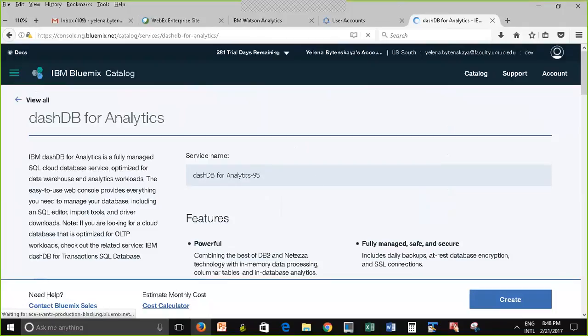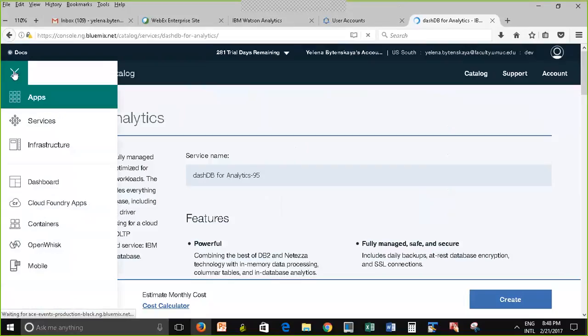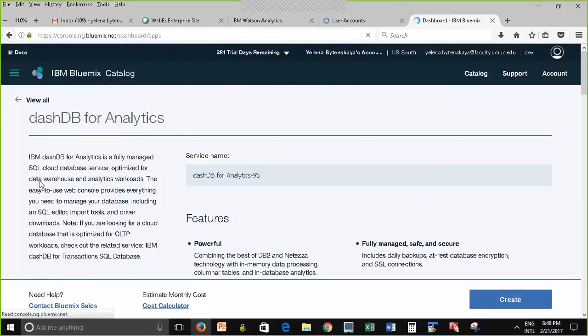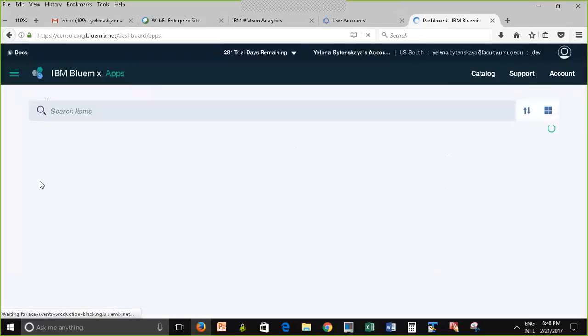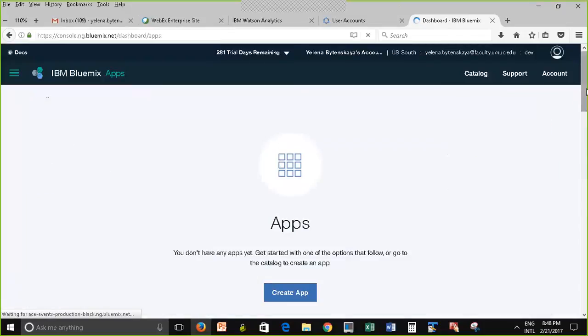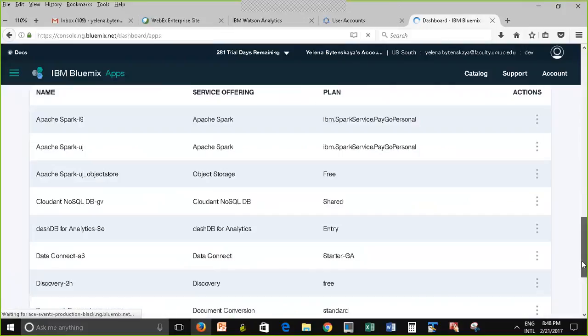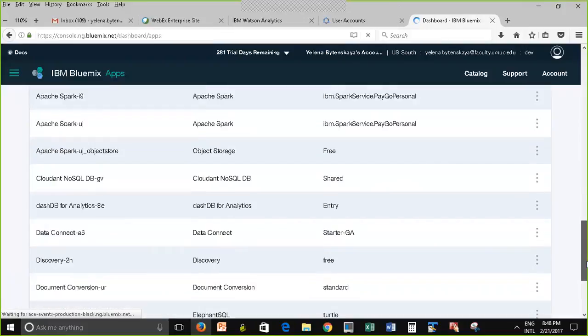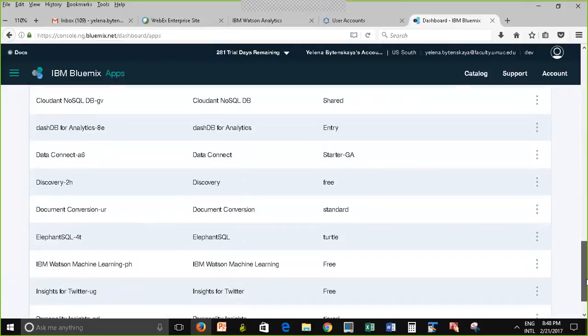So once you've done that, this is how to return to your dashboard. You're going to click over here. This is the main menu, right? And then you're going to find dashboards. See this? It's going to take you to a dashboard, but the dashboard has several sections. One section is the application. It's on the top, but we're not interested in that. We need to scroll down to the services, right? And you're going to find your service that's called DashDB, right?